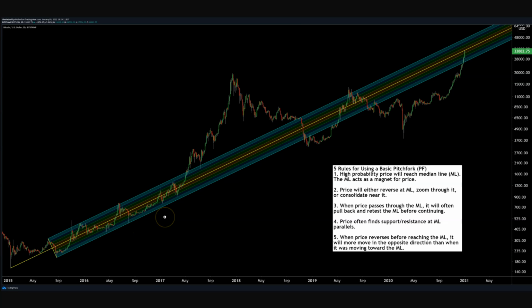And if price treats the median line as support from the upside, you can say there's a decent chance that it'll bounce back to that overbought territory. If it treats it as resistance, there's a decent chance it'll bounce back down to the buy zone. And I'll show this on several other examples, but one more obvious rule: price often finds support or resistance at